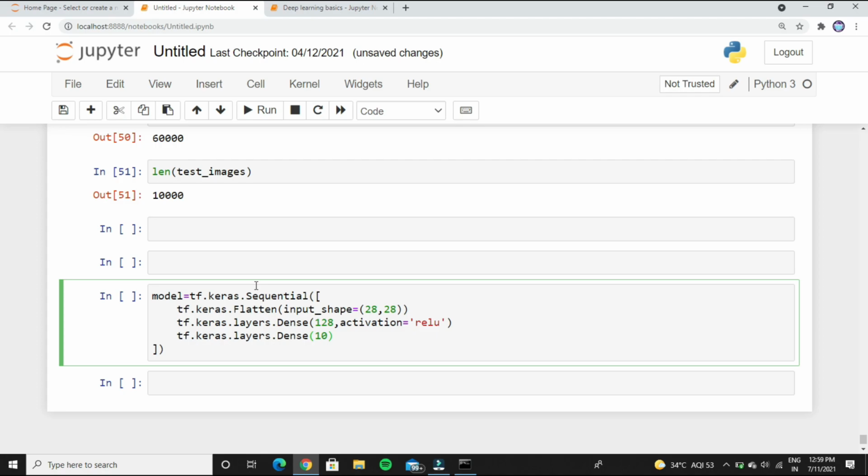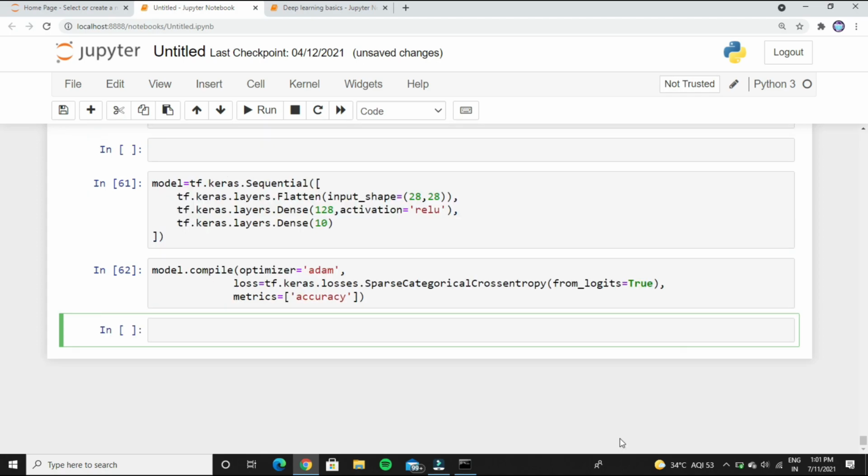Now we need to add some important settings before we fit the algorithm. Here I added model.compile, and in this method I passed three arguments. The first argument is the optimizer. This shows how the model is updated based on the data you have. It will measure the learning rate of the algorithm. Next is the loss function. This shows how accurate the model is during the training session. Finally, the metrics are used to check how the data is fitted in the neural network, and they also show you the accuracy of the model after we train with the data.